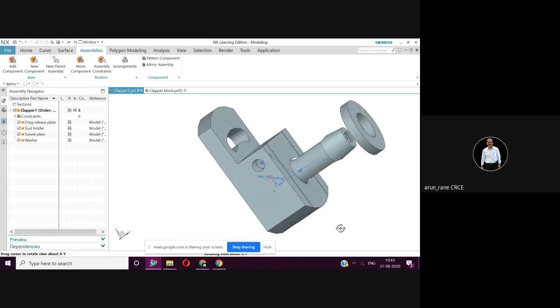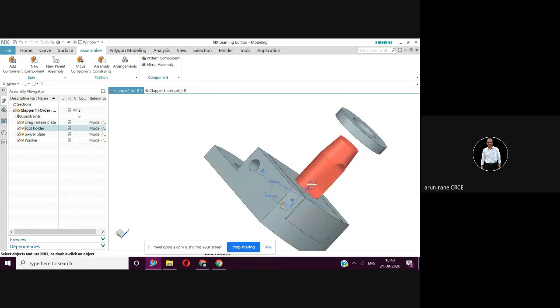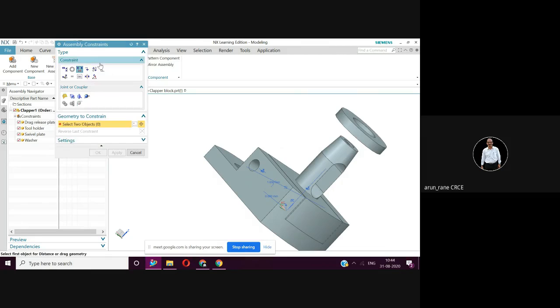Now what is the first thing? You have to align this axis and this axis, isn't it? Constraint, isn't it? Because we are not sure where this washer is. It can be anywhere in this plane. So what I will do again is go to assembly constraints, then align lock. As the name suggests, it is align and it gets locked.